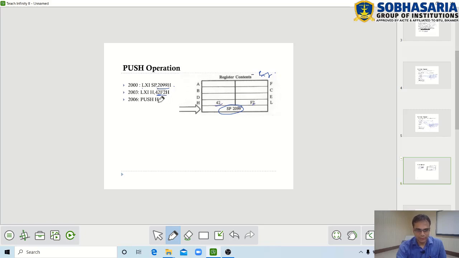Then we want to perform push H. What does push H will perform? Push H will push the content of H and L into stack.